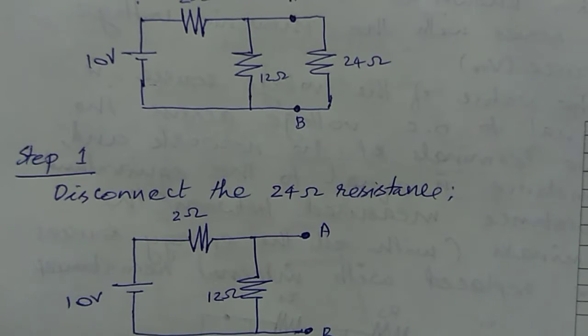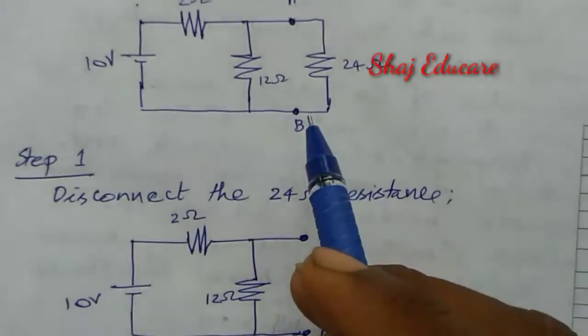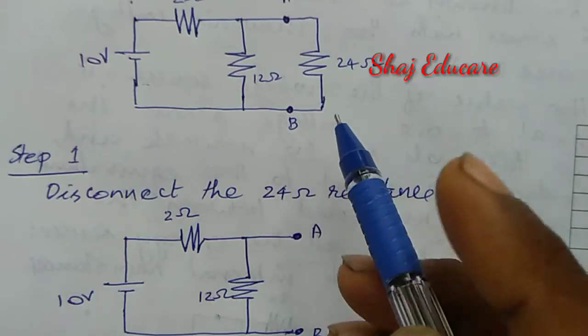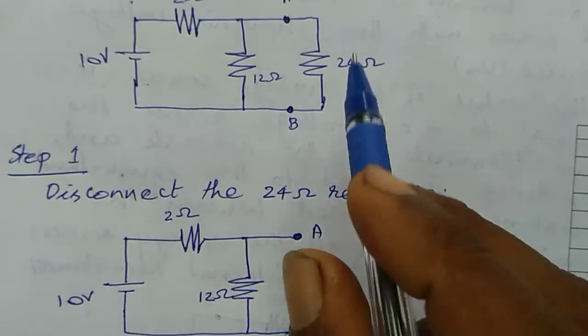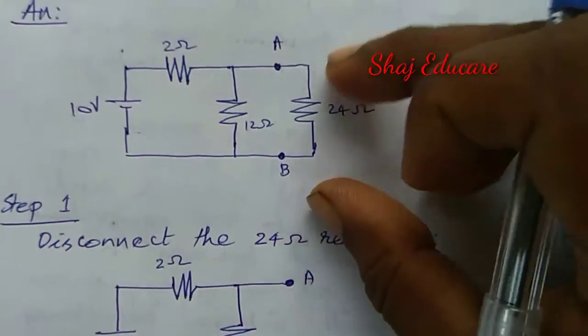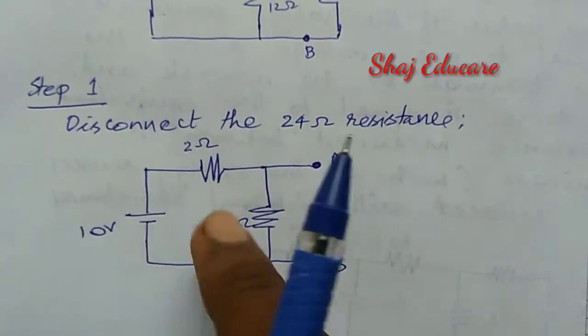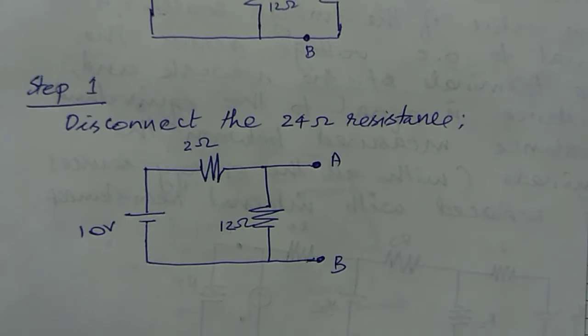Okay, this is our first step, in which we have to remove or disconnect the 24 ohm resistance. The 24 ohm resistance is disconnected from the given network and it is drawn here. That is our first step. Then